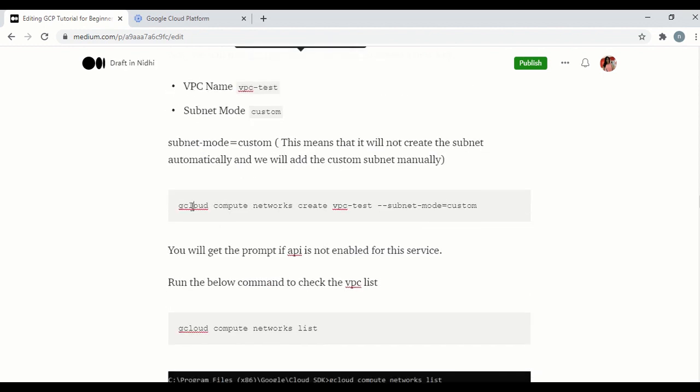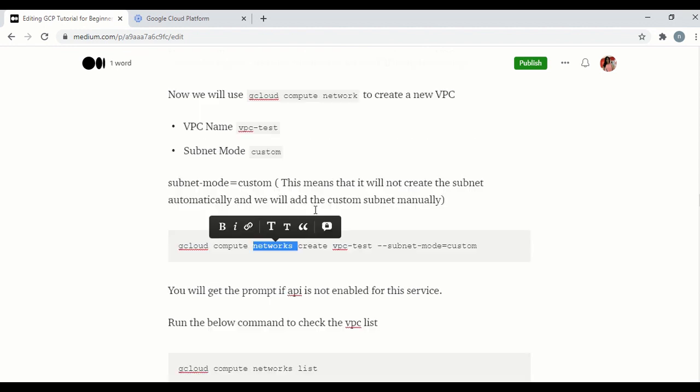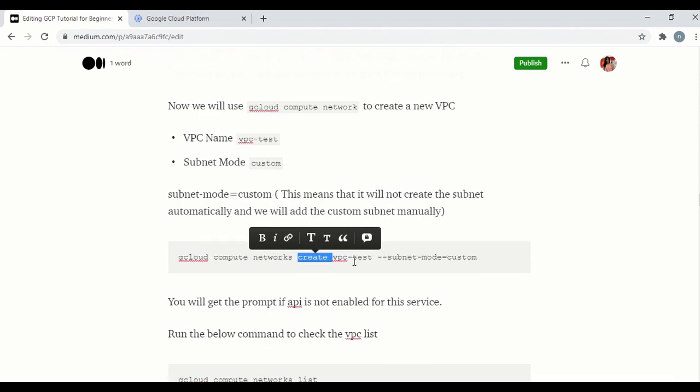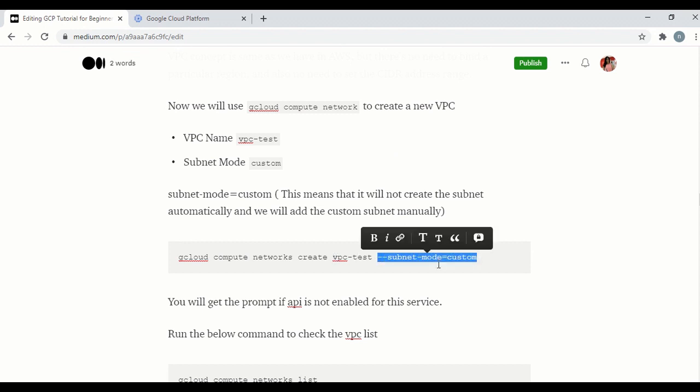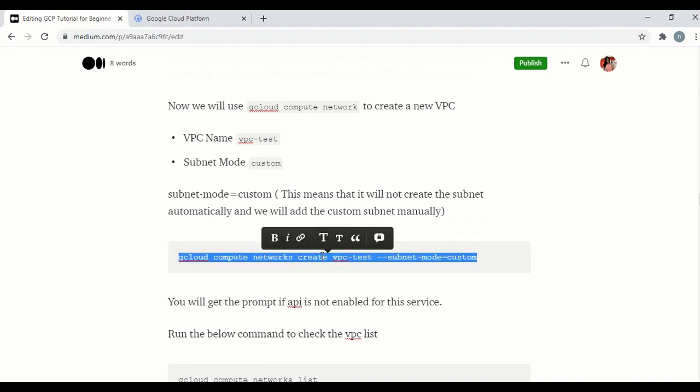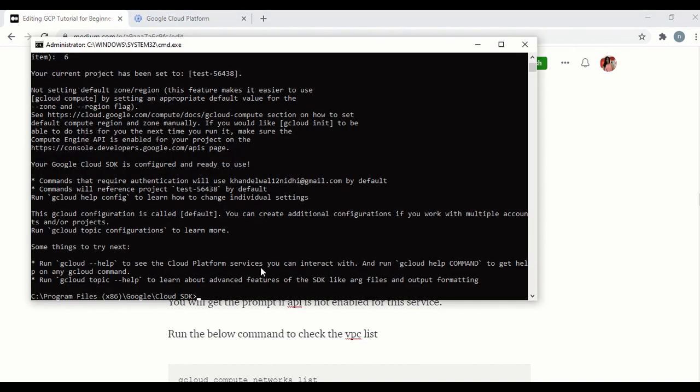So here we use gcloud compute networks, and we are creating a VPC. This is the VPC name, and this is subnet-mode custom. If you do not provide this, it will automatically create the subnets. But here, we want custom subnets, so we will create the subnets manually. So I'll show you this command.